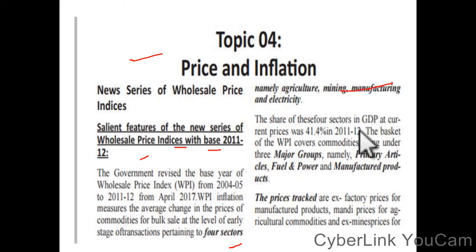The share of these four sectors in GDP at current price was 41.4% in 2011-12. The basket of the WPI covers commodities falling under the three major groups, namely primary articles, fuel and power, and manufactured products. The prices tracked are ex-factory prices for manufactured products, mandi prices for agricultural commodities, and